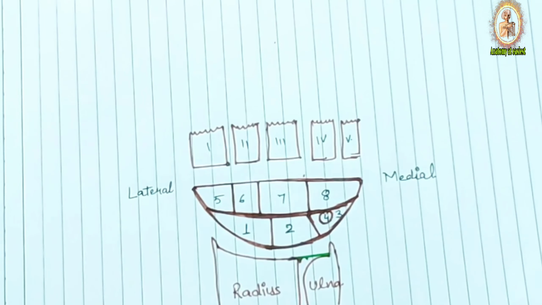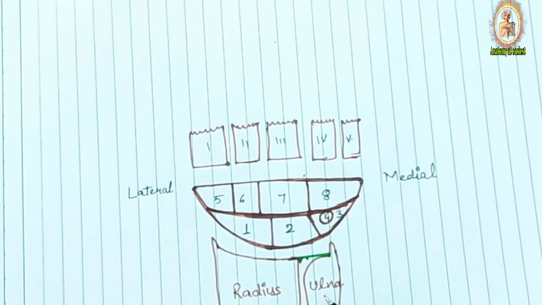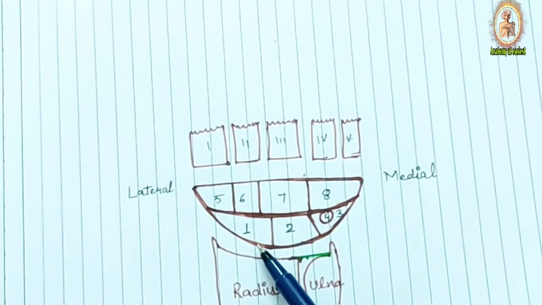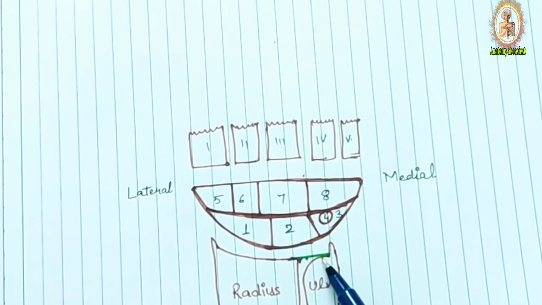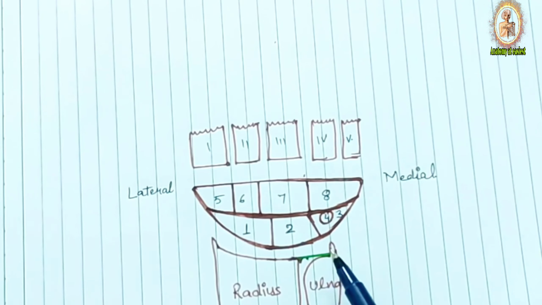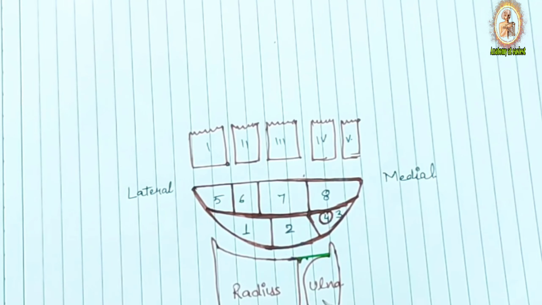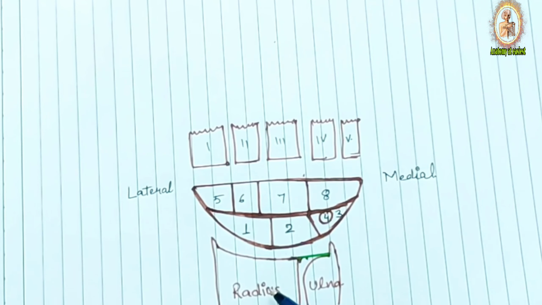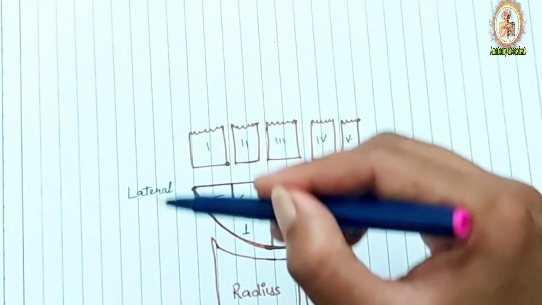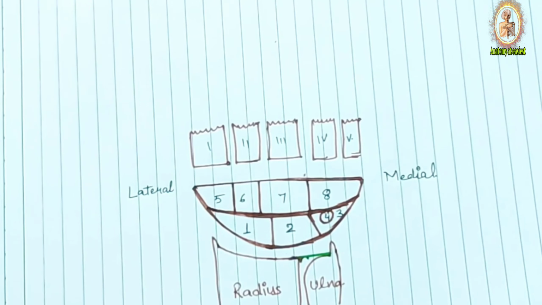Now this is the proximal part, this is the radius bone and this is the ulna. The radius bone articulates with scaphoid and lunate, and a part of the articular disc, to form the wrist joint. The articular disc comes between radius and ulna so as to separate the ulna from the wrist joint. So the ulna does not participate in the formation of the wrist joint. Only the radius with scaphoid, lunate and this green colored structure, which is the articular disc, forms the wrist joint. So this is the articulation of all the carpals with the rest of the bones.